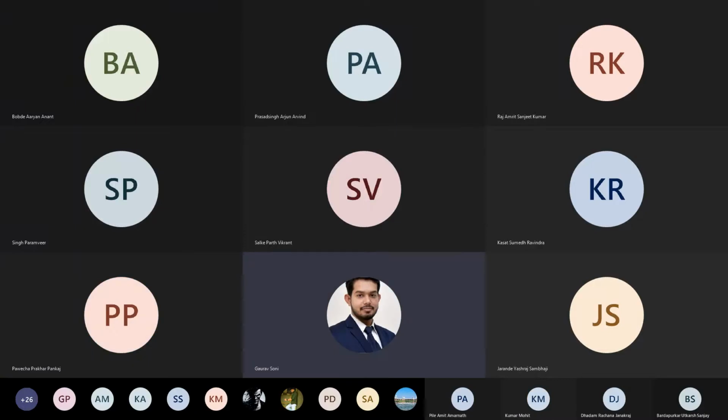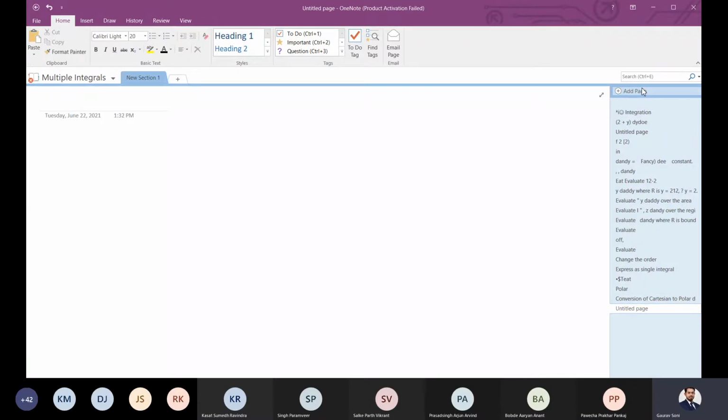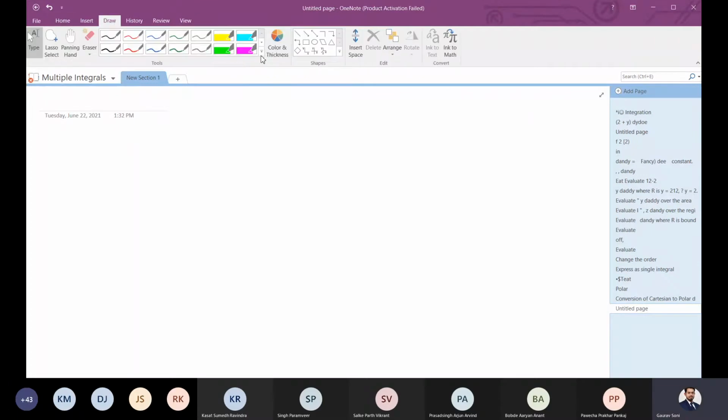Whatever things we have seen, those are displayed, and what we were discussing was how to give the limits when you convert a given Cartesian double integral to polar double integral. I said that in the next lecture we will see some of the examples. Okay, so we have an integral, say for an example,